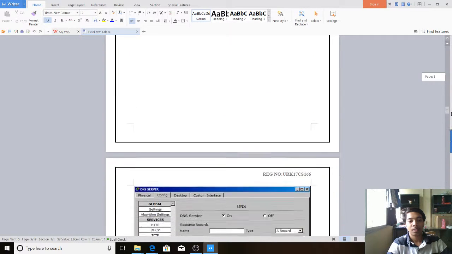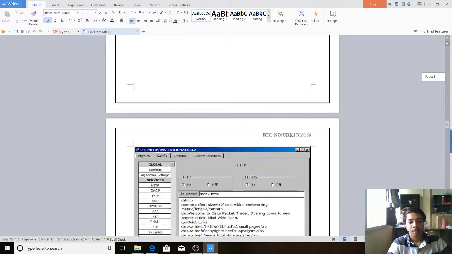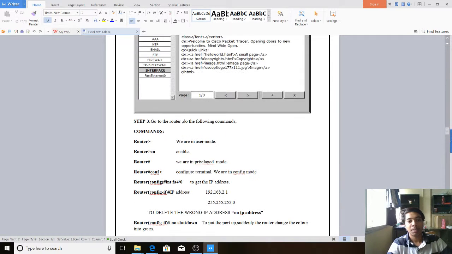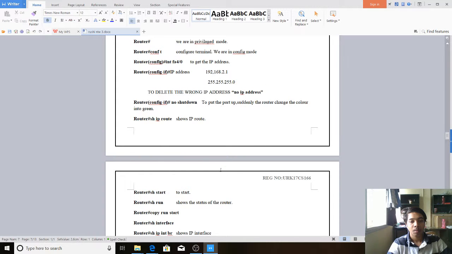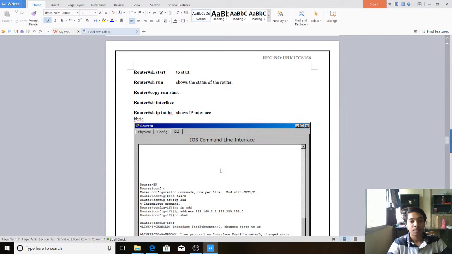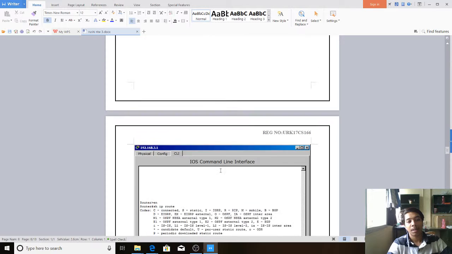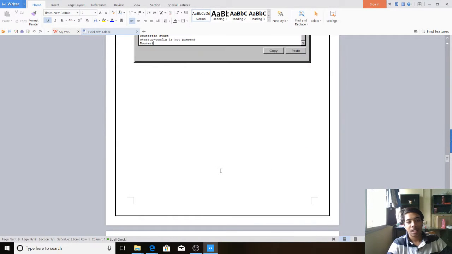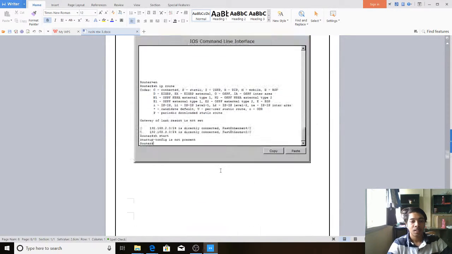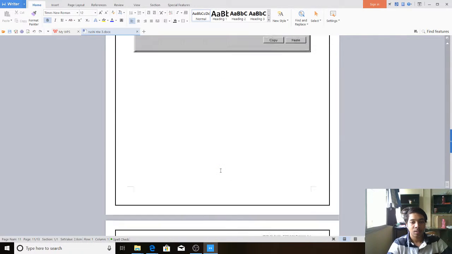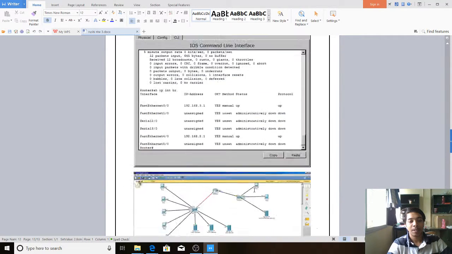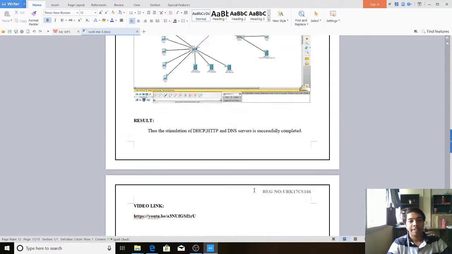For all the PCs. Step 3, then we must go to the router and run the following CLI commands. These are the CLI commands which are used. And after running the CLI commands, the screenshots were taken of each and every PC, and finally